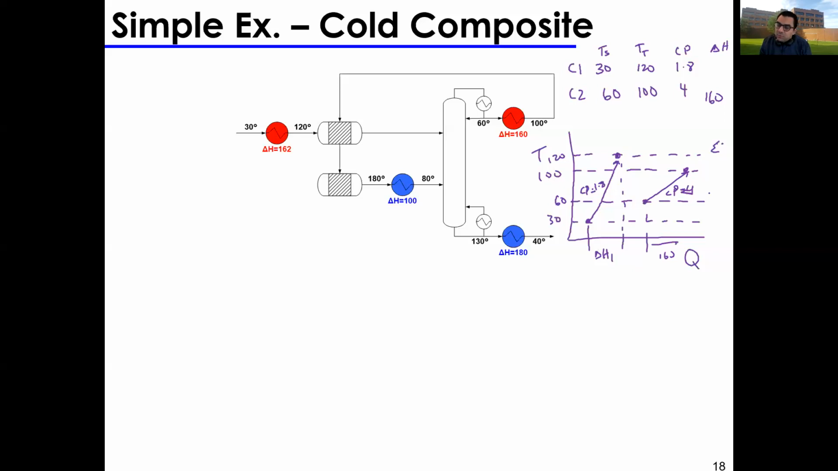is 1.8. You can also use delta H. Summation of CP here is 5.8. Summation of CP here is 1.8. So my composite curve in this case